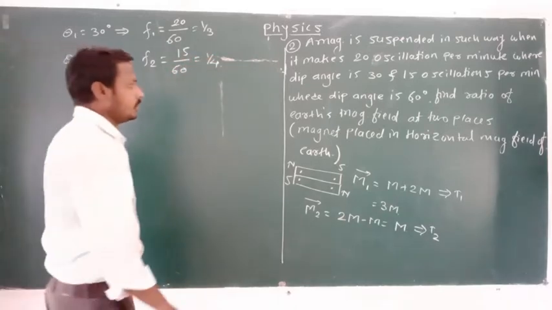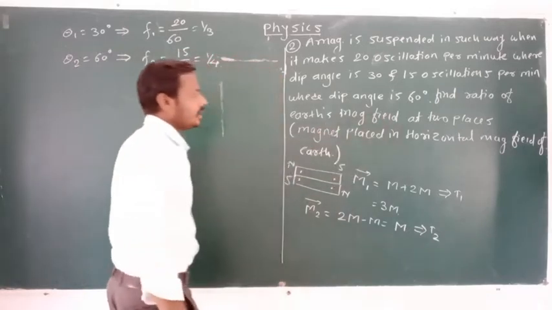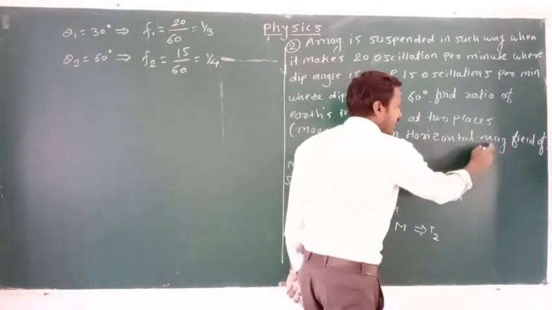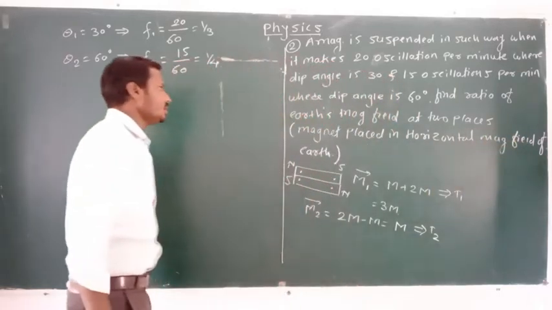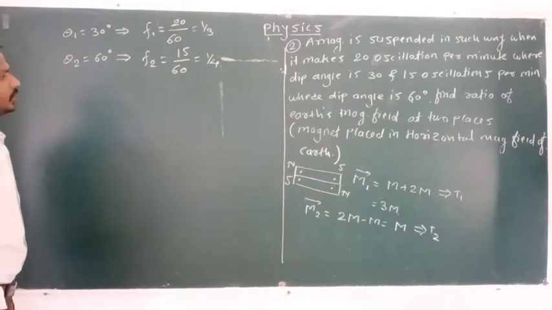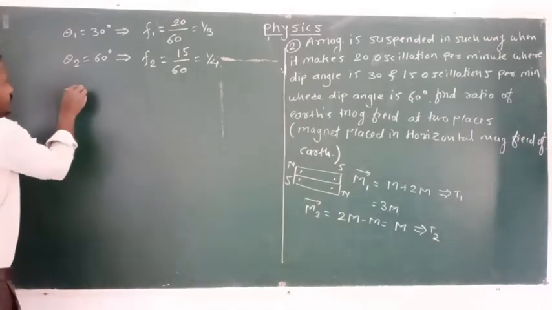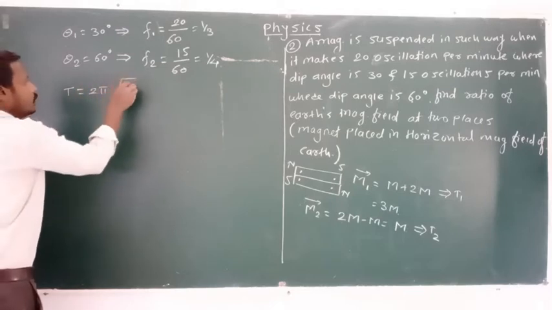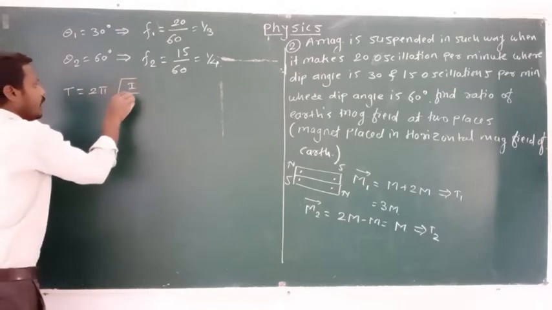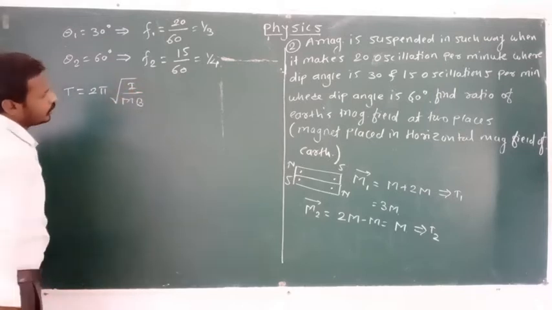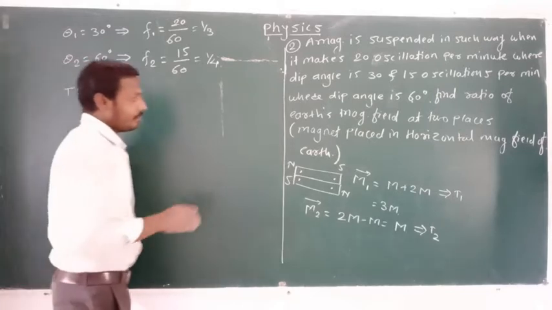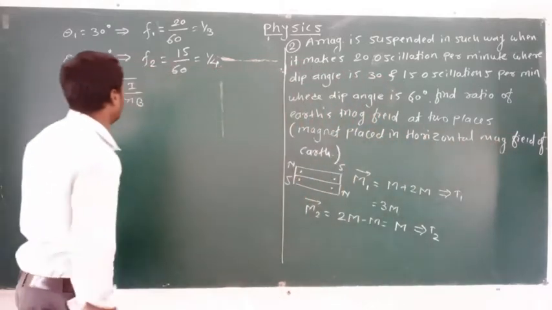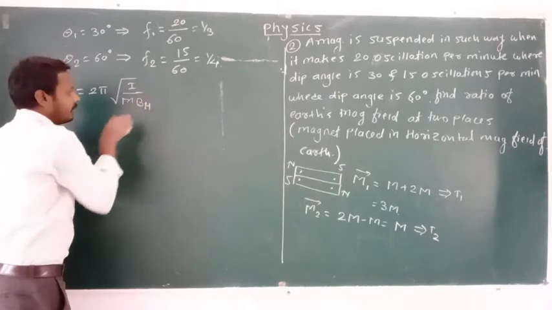Okay, find the ratio of the Earth's magnetic field at two places, where the magnet is placed in the horizontal magnetic field of Earth. Finally, we can write the time period T. We know that T is equal to 2 pi under root of I divided by MB. Since this magnet is placed in the horizontal magnetic field of Earth, therefore B